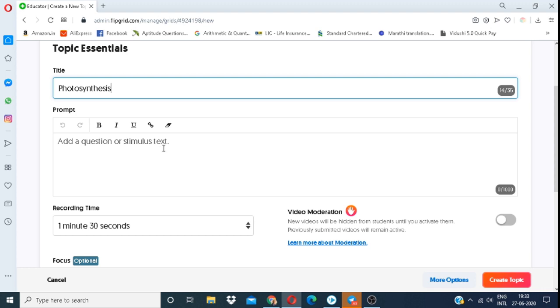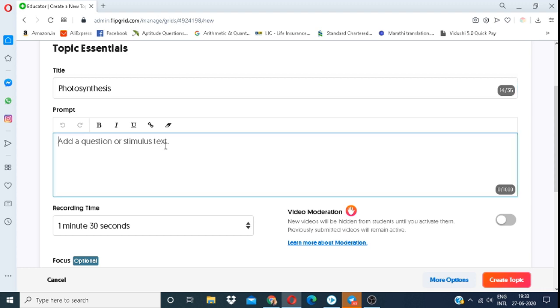To add a question or stimulus text. So what am I expecting from them? I am going to write: define photosynthesis and describe the process briefly. So this is my question.